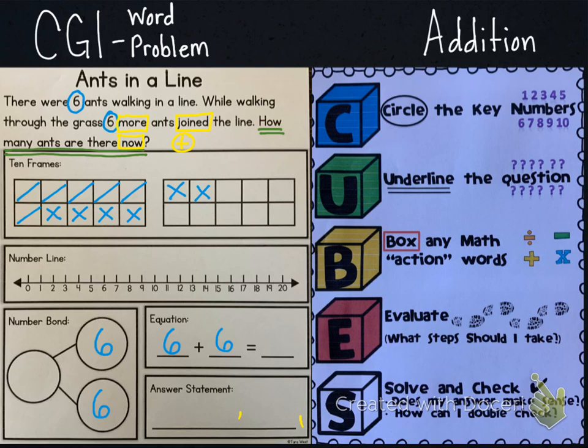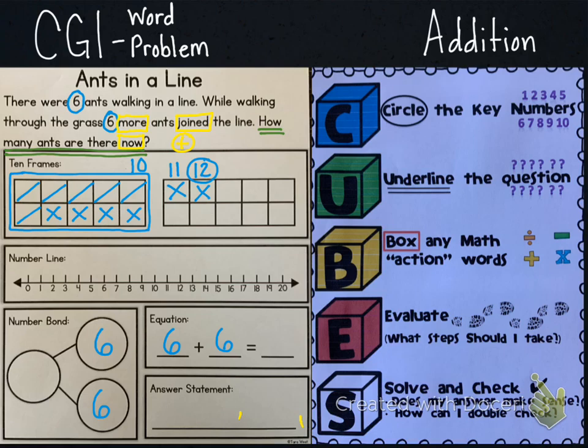I'm going to go back up to my 10 frame. I'm going to use this strategy of counting on. So the tool we're using is our 10 frame. Our strategy is going to be counting on. Our 10 frame right here is completely full. So that means we have 10 boxes that are done. We're going to start at 10 and we're going to count on. The number that comes after 10 is 11. Very good. Then 12. So the answer that we got up above is 12,